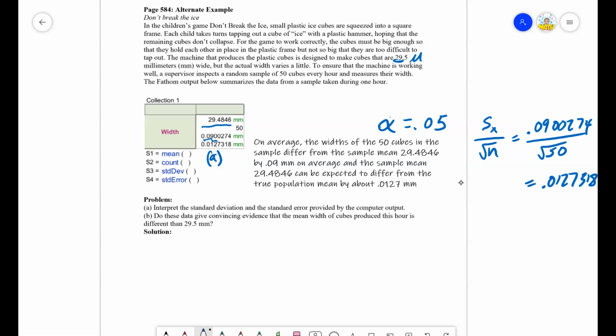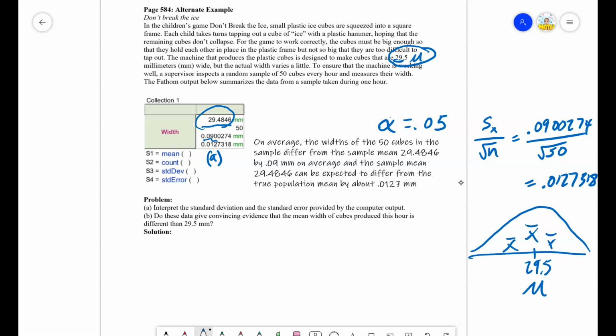What does it mean in context? It means we don't know that this is true. We believe that it is. But what we believe is that this 29.486 or any other x bar, right? If we believe 29.5 lives in the middle here, or whatever mu is, that we got this one x bar, and the standard deviation of all these x bars, okay, sigma x bar, okay, is